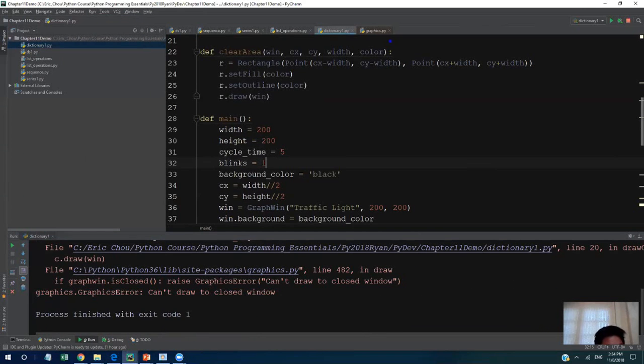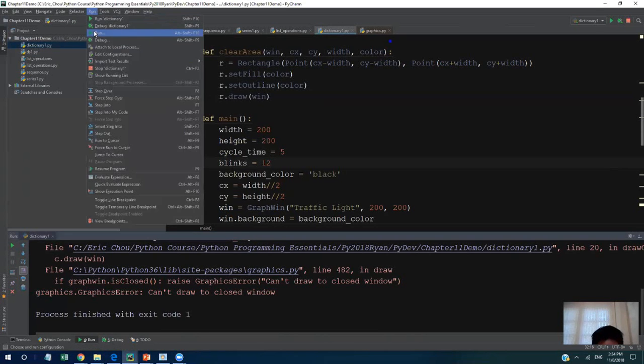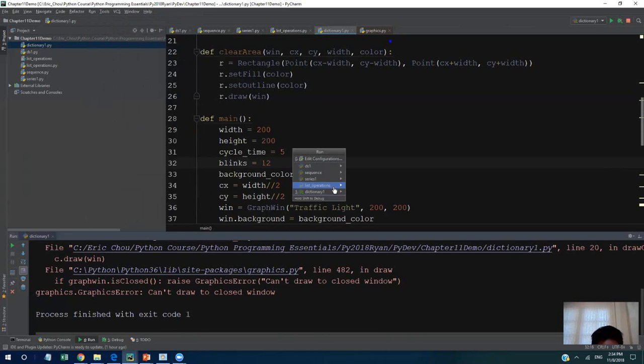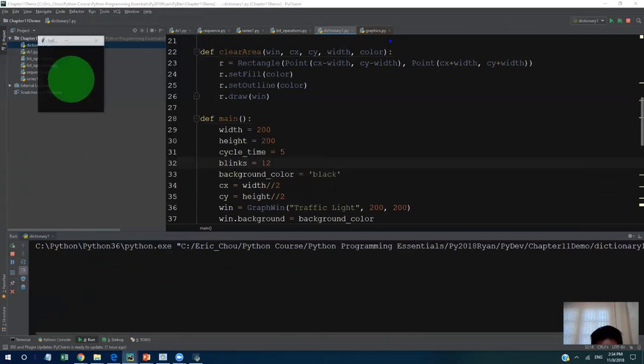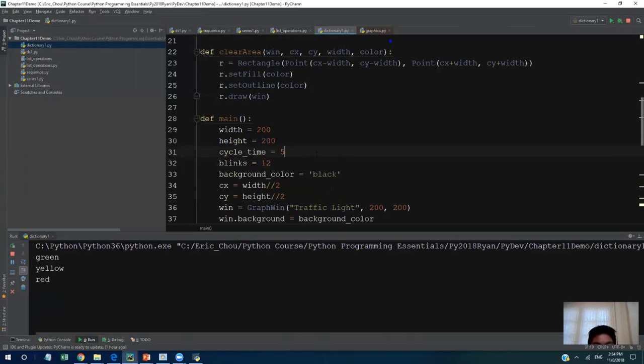So let me do trail blinking. Okay, trail blinking equal to, right? So here I set it to 2 and 5. Okay, so that's how you can play around with this